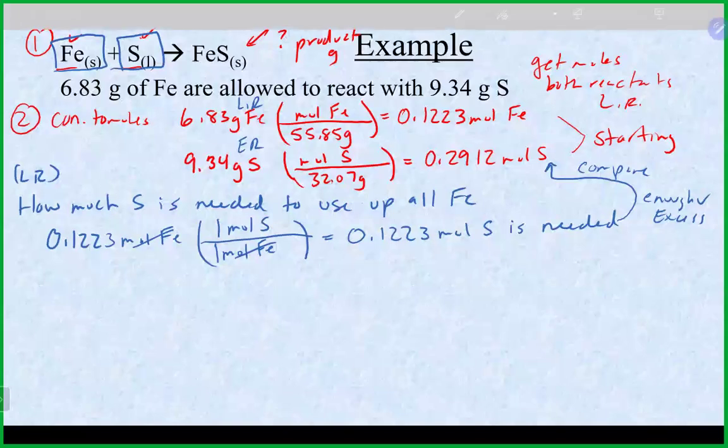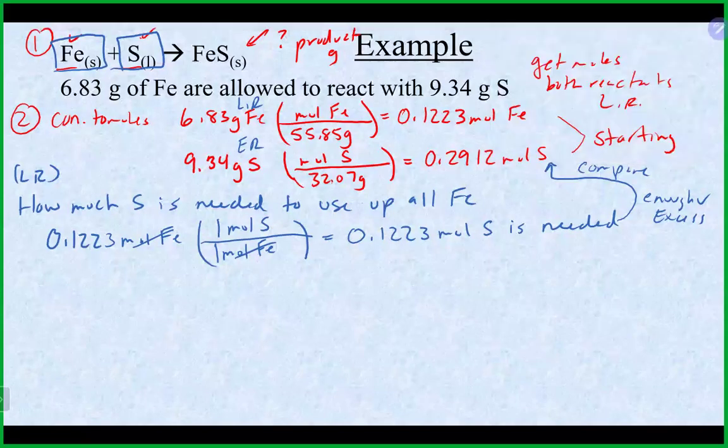At this point, we are ready now to actually just finish the problem. We can now pick up back with our third step, which is we're going to use the limiting reagent starting amount and figure out how much product we're going to make. So third step here, we're going to take the starting amount of our limiting reagent,